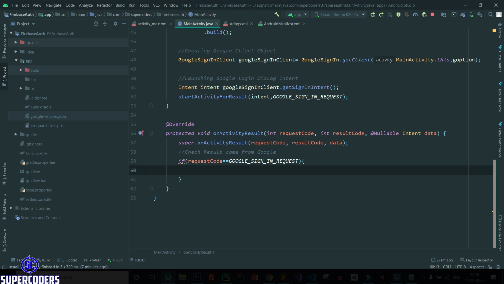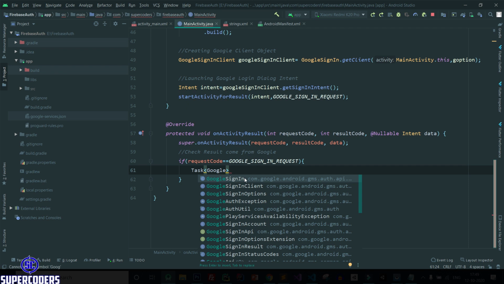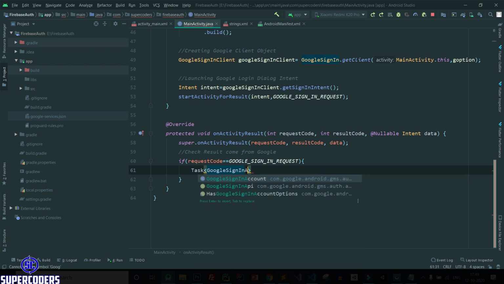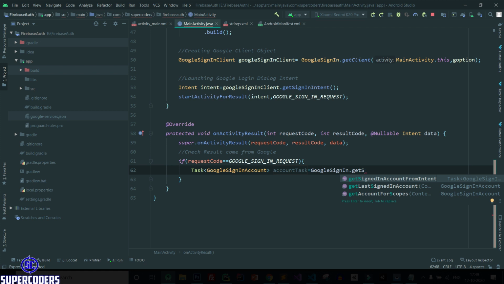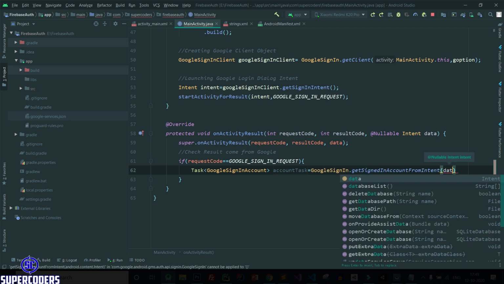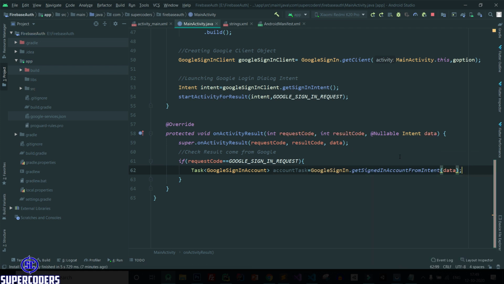So first adding the task object: Task of GoogleSignInAccount, googleSignInAccountTask equal to GoogleSignIn.getSignedInAccountFromIntent and pass the data. Here the data is coming from the intent, and we pass the intent data in getSignedInAccountFromIntent.